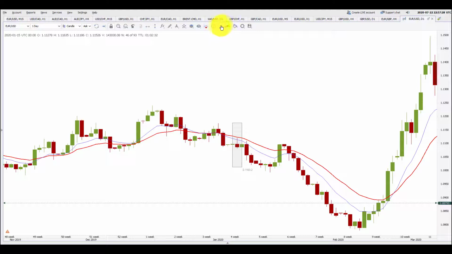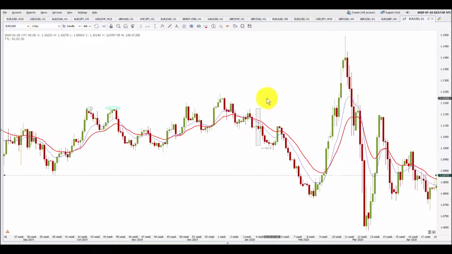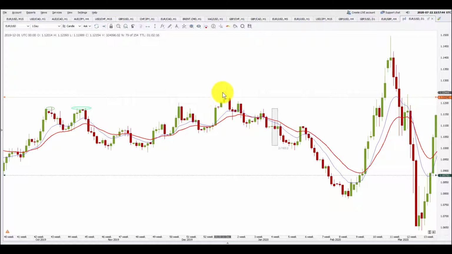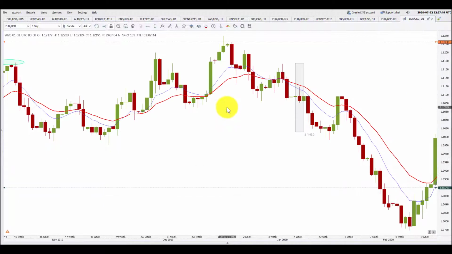Okay, that's it. And how to take this as a reversal? Suppose this was a key resistance area in the past. The price is trading in between these two areas, and the price finally comes to this one and forms a bearish pin bar here. Although this is green in color, it has a long upper tail, so we can still take it as a bearish pin bar.